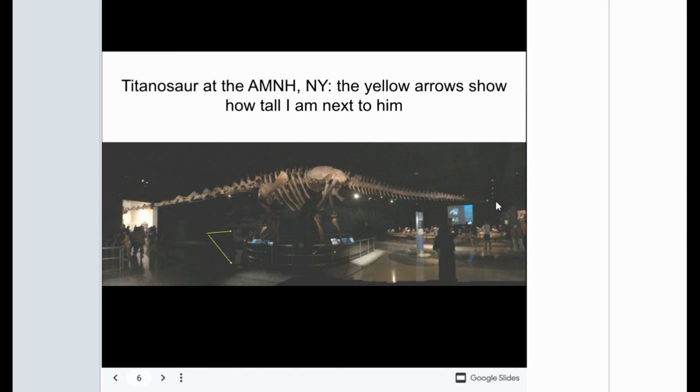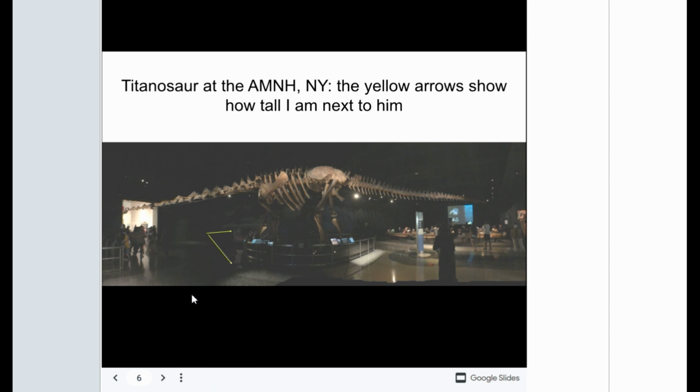This is the Titanosaur, and the Triceratops is probably only going to come up to about here on him, right in this area, bottom of his belly probably. But he is down here pretty close to the ground. The yellow arrows are pointing you to the top of my head and the bottom of my feet here. It's kind of hard to see me there. I had to adjust the brightness a little bit because the room is super dark, to highlight the fossils in